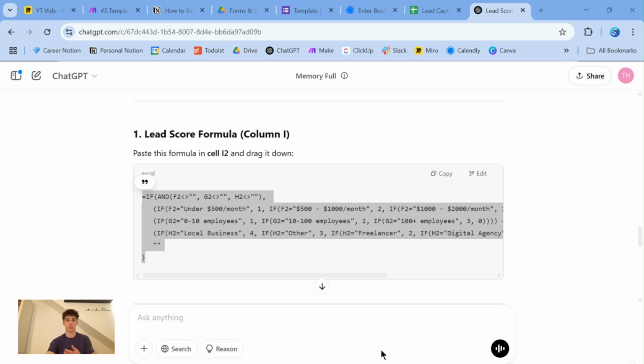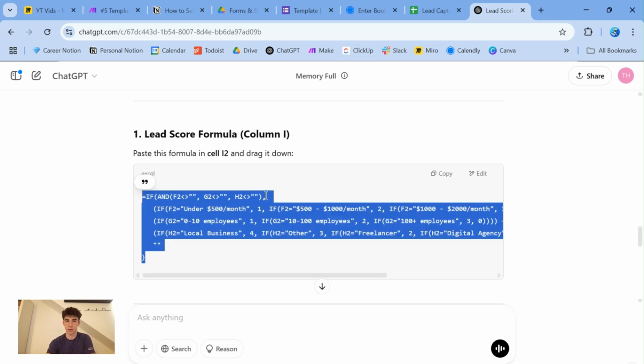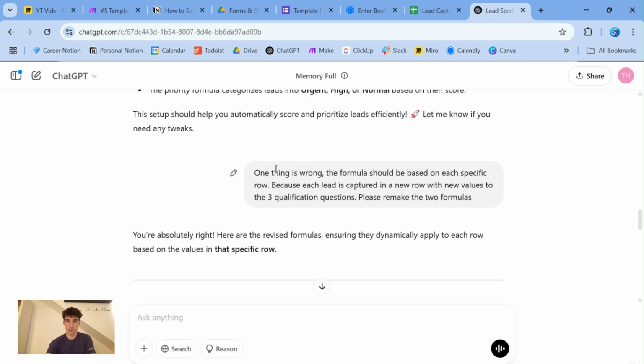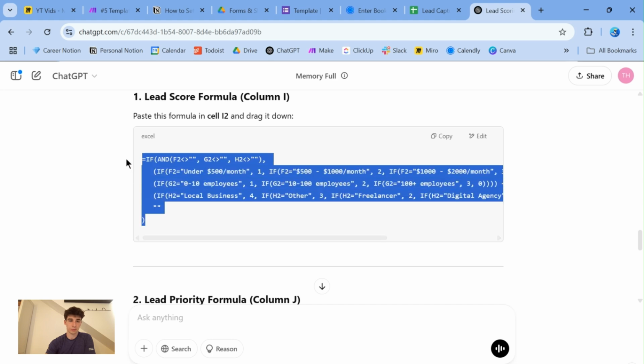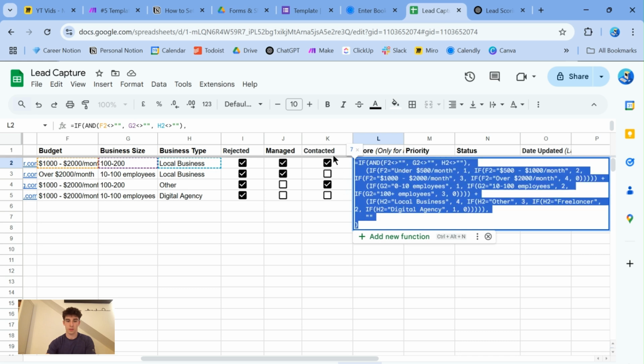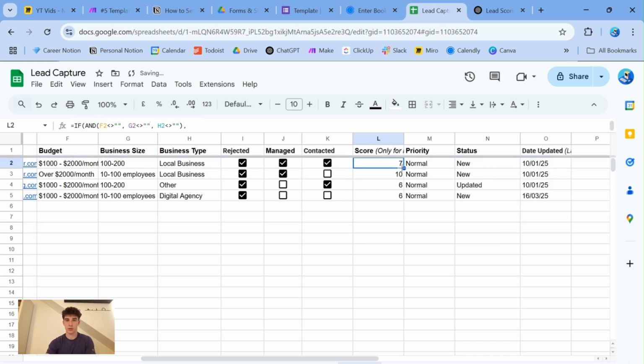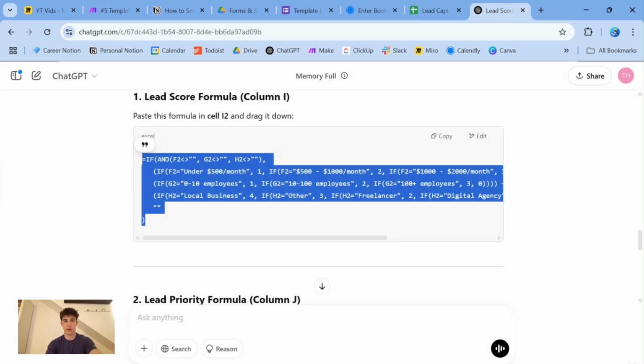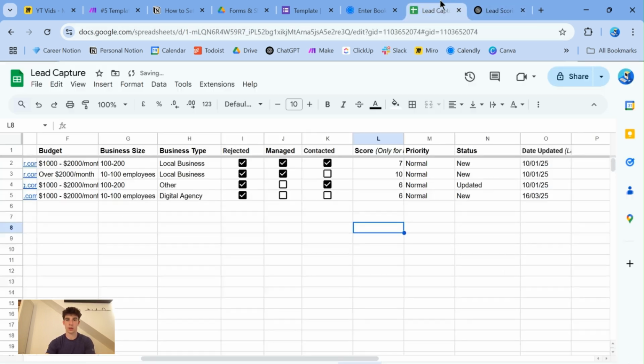All right, so one mistake that had happened in the system, which I didn't consider, is that the formula should be based on each specific row, because each lead is captured in a new row with new values for the three qualification questions. So I had to ask it to remake the two formulas. But now if I go in and I copy and paste this formula here, paste it here, and I drag the formula down, and then if I go here and take the lead priority formula and go here and drag it down,